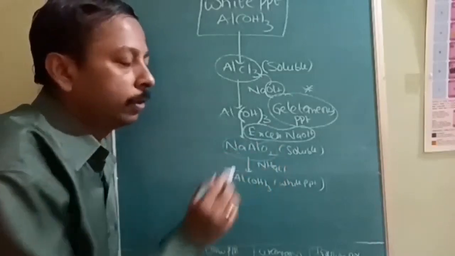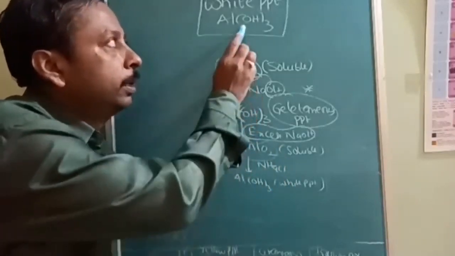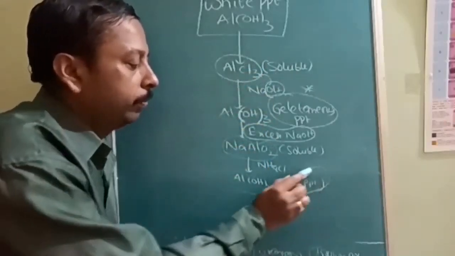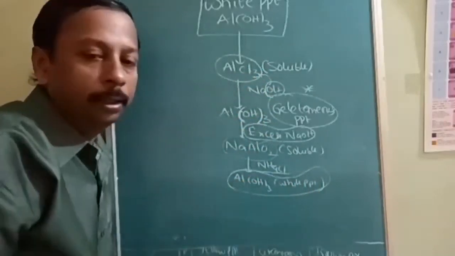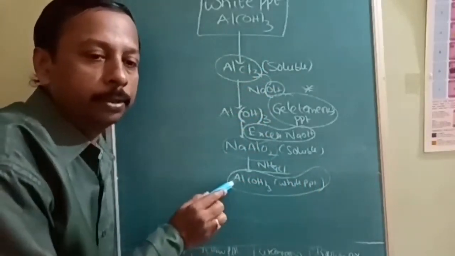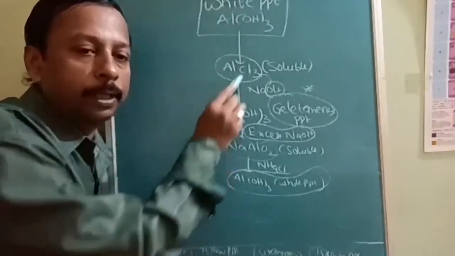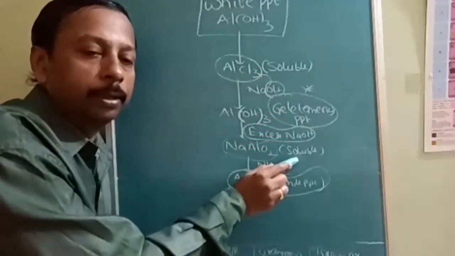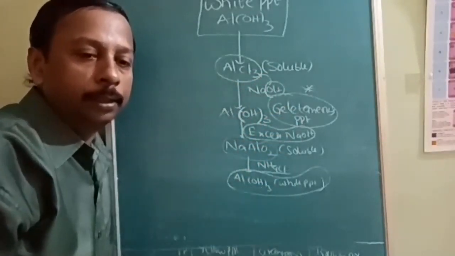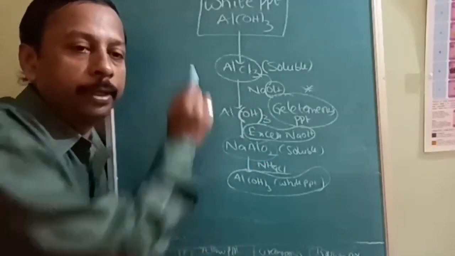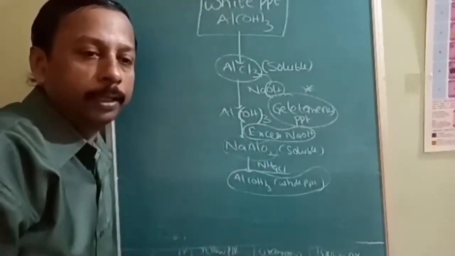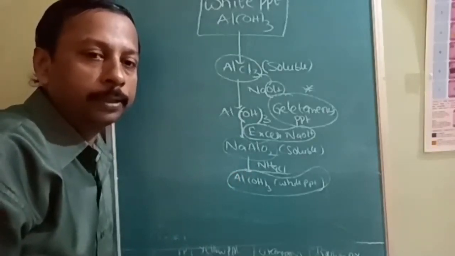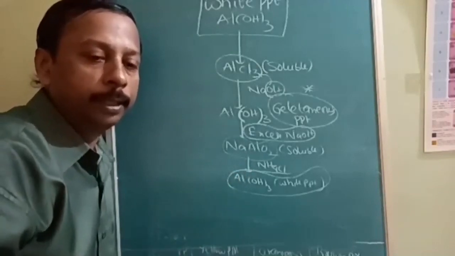Okay, this is soluble now. First it is precipitate, then soluble. Then again you will get back your white precipitate when it is treated with NH4Cl. There is a reappearance of the white precipitate after converting into the soluble complex, to the gelatinous precipitate, again to the soluble complex, and then we get back our white precipitate as we had initially, which is possible by NH4Cl. So this is the sequence to be followed to confirm the presence of aluminium +3 in the basic radical.